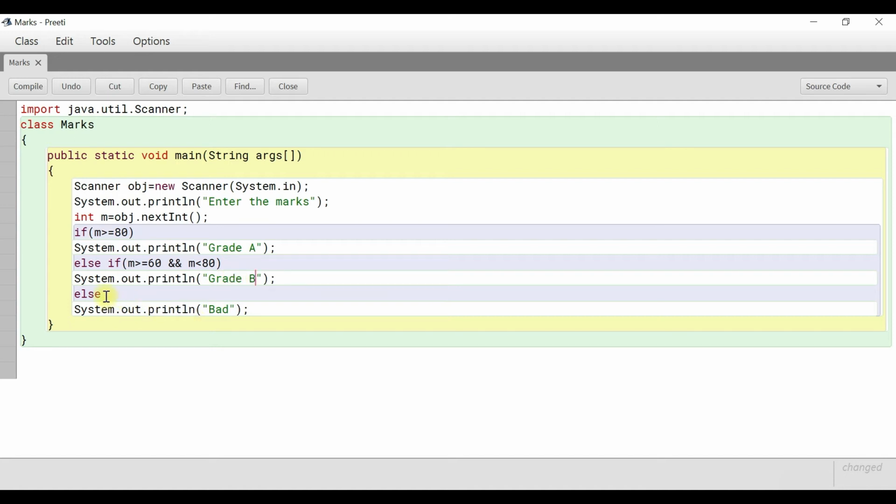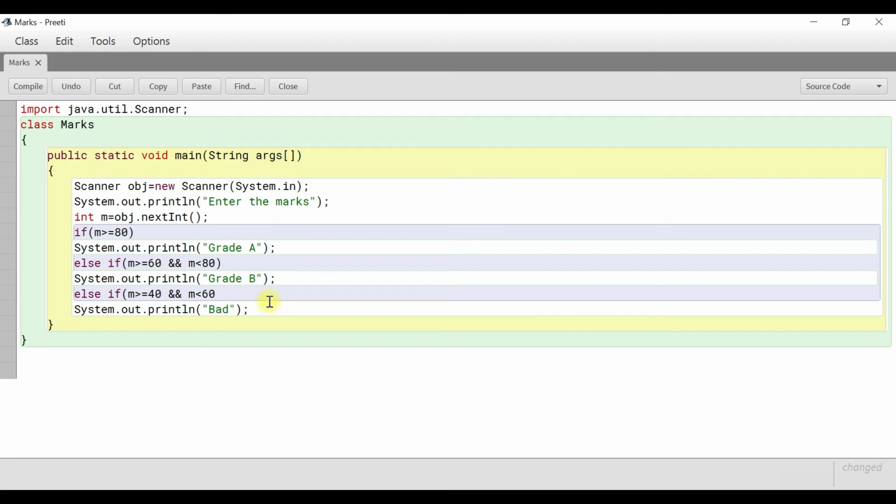And one more condition is there. So we have to write one more else if. The third condition is if marks greater than or equal to 40 and marks less than 60. Fine. Here you will not put an equal sign because 60 is included in the previous condition.